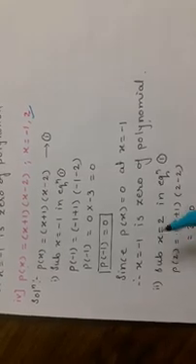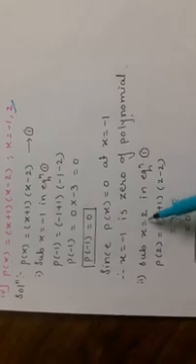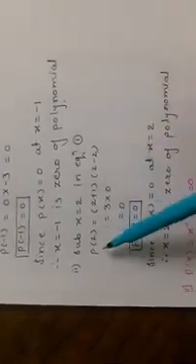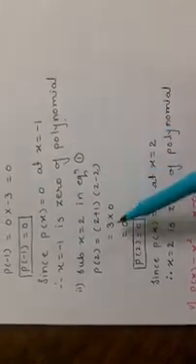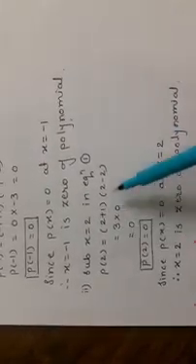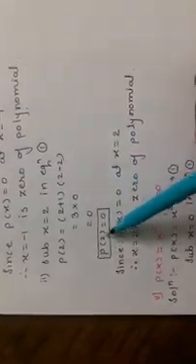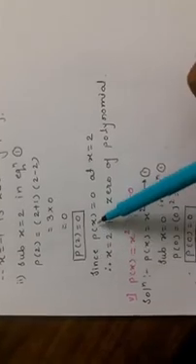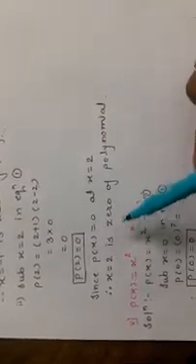Second, again we have to check x equals 2. So we substitute x equals 2 in equation 1. So p of 2 is equal to 2 plus 1 in the first bracket and 2 minus 2 in the second bracket. 2 plus 1 is 3 and 2 minus 2 is 0. So 3 into 0 is 0. So p of 2 is equal to 0. Since p of x is equal to 0 at x equals 2, therefore x equals 2 is a zero of the polynomial.